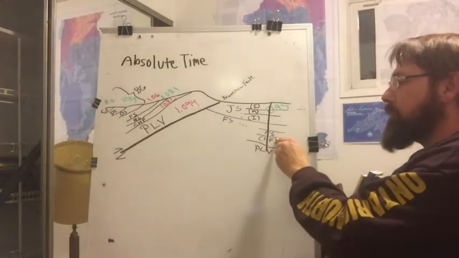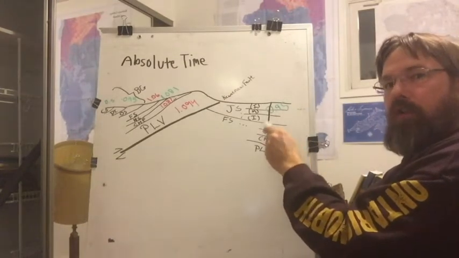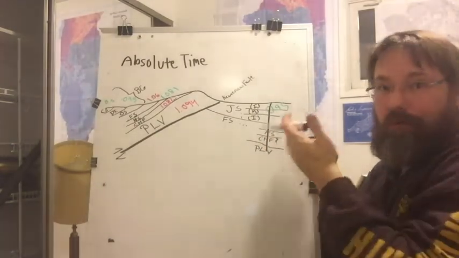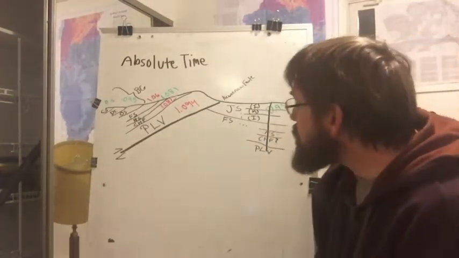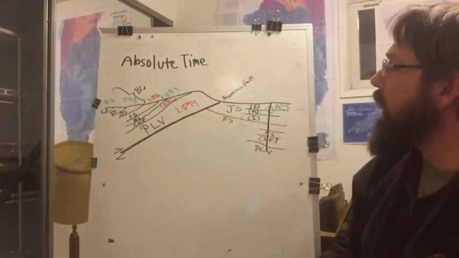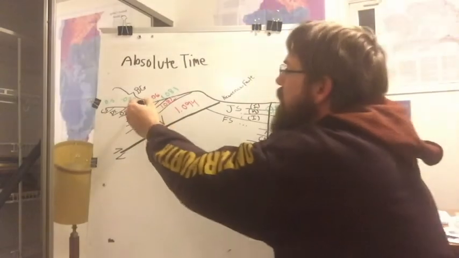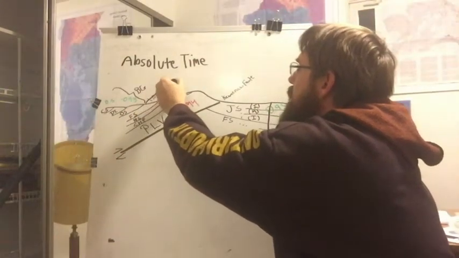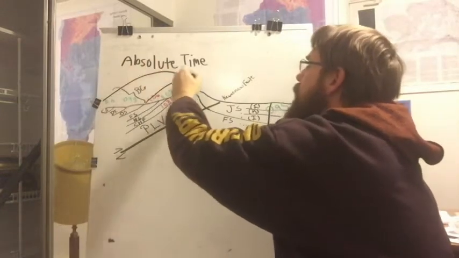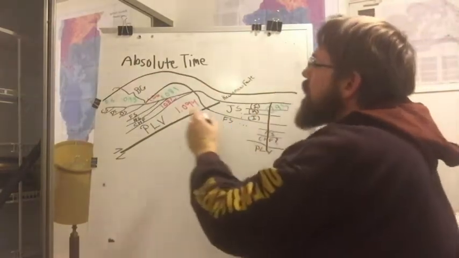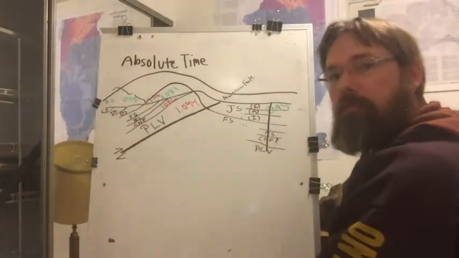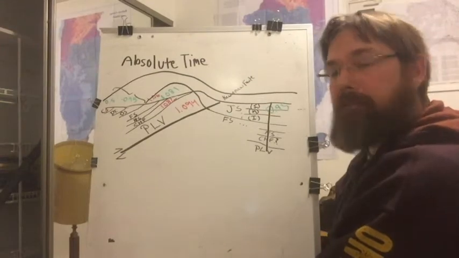And the reason why I have a question mark after the Copper Harbor here is because it's a very quartz-rich conglomerate that's very thin that may or may not correlate with it. So once we had those dates, I could, and I did, correlate the Bayfield group with the Jacobsville group. And since the Jacobsville name predates Bayfield,